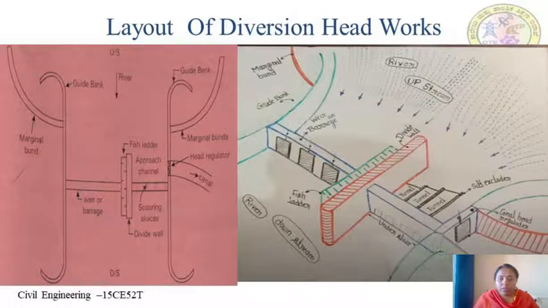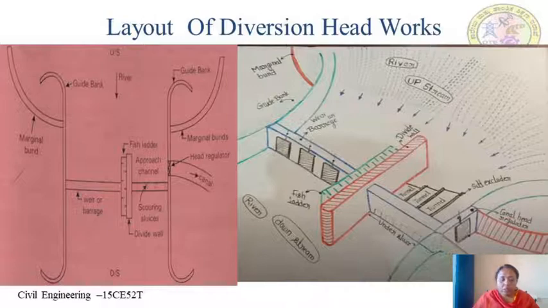So you can see here, these are the fish ladder which is provided by the side of the divide wall. Large rivers have various types of fishes, many of which are migratory and they move from one part of the river to another according to the season. In our country, generally fish moves from upstream to downstream in the beginning of winter in search of warmth and return to upstream before monsoon for clearer water.